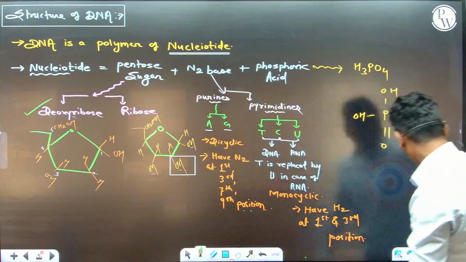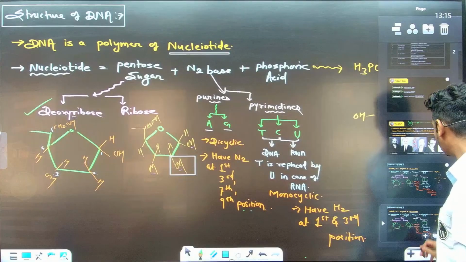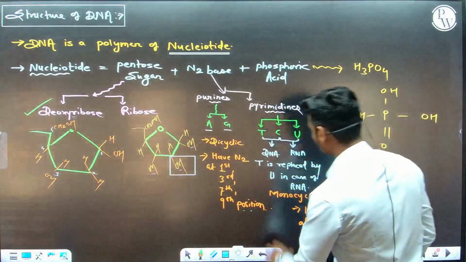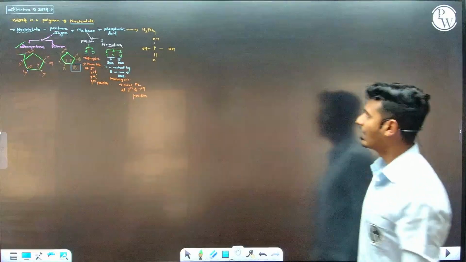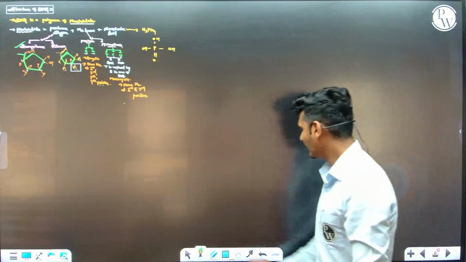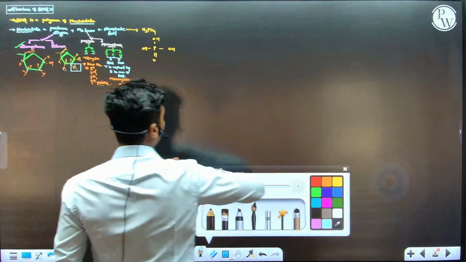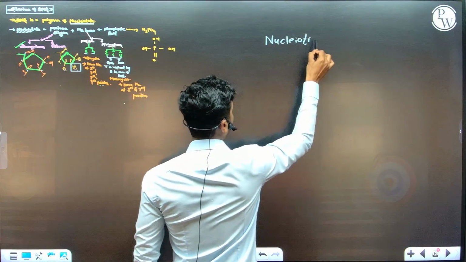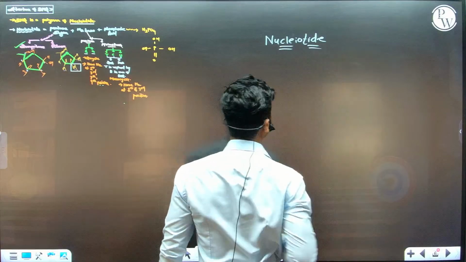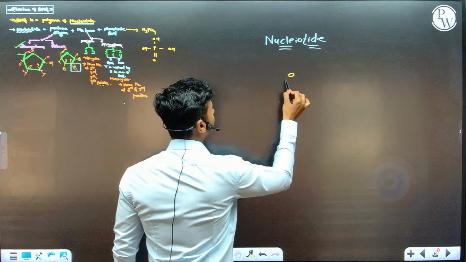Let's start. I am adding one slide here, and let's copy that slide to understand the previous thing also. I am taking this at one corner for my reference. Now we are having this kind of thing. Let's start with the further thing. We are having all those components. Now I want to draw one nucleotide. So for drawing a nucleotide, I have to draw here one pentose sugar,